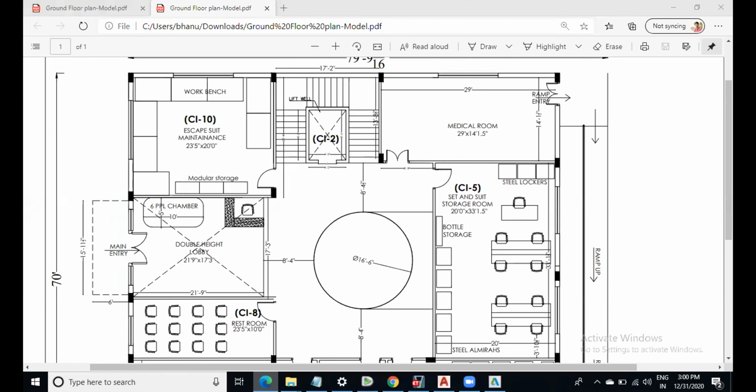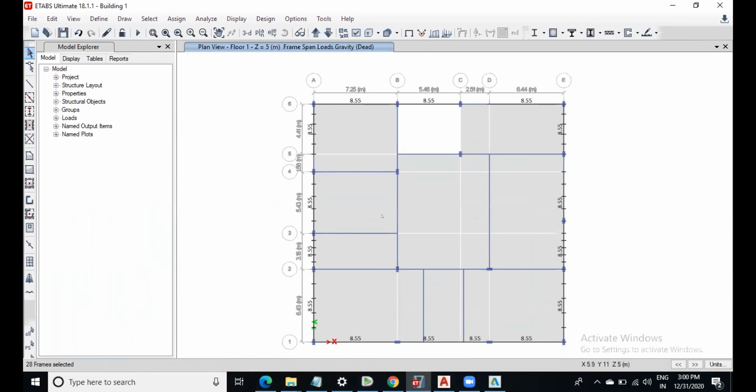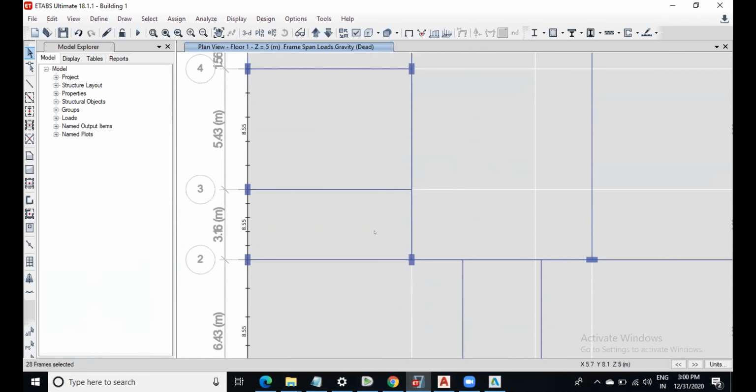Wherever you have the inner walls, you can see the plan and select all of them.